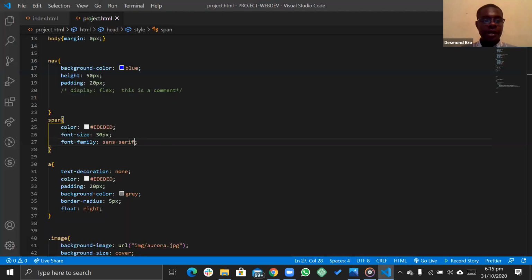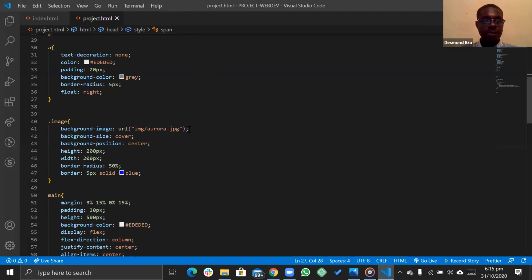at the end of every property and value, I end it with a semicolon. And the image name is Aurora, and I'm adding the file extension for that image. There are different kinds of images. You have to tell the computer which of the Aurora are you looking for. Is it .jpg? Is it an MP3 file? So you have to specify the file extension. So is it aurora.jpg? Is it aurora.mp3? Is it aurora.mp4? So if you don't have a specific file extension, it won't work. You have to specify the exact file. So back to try that, it will work.